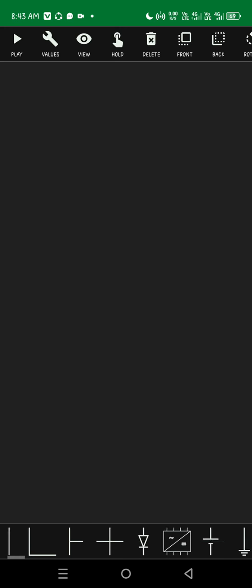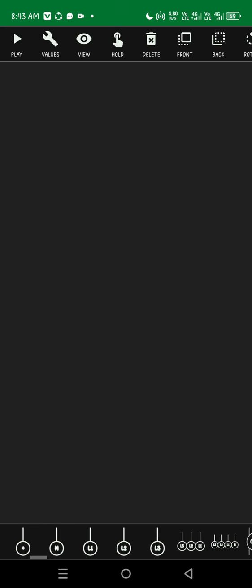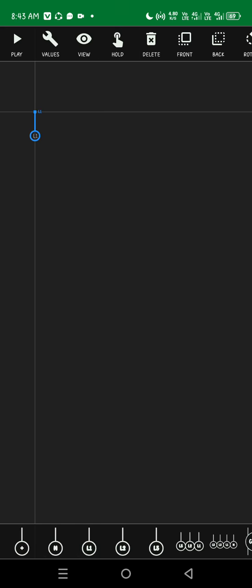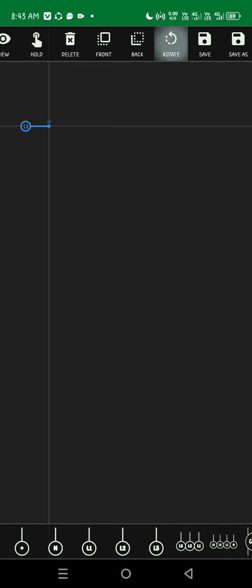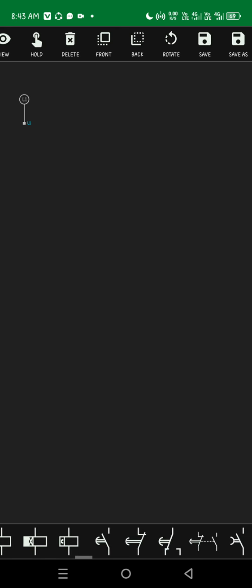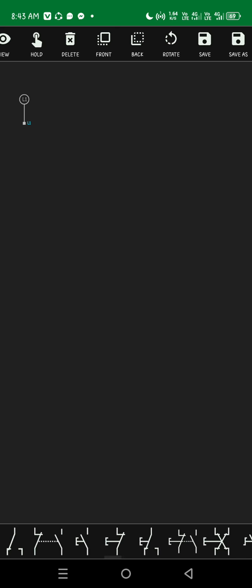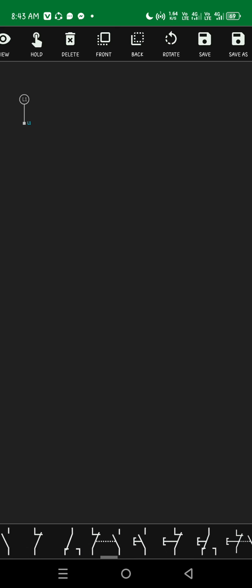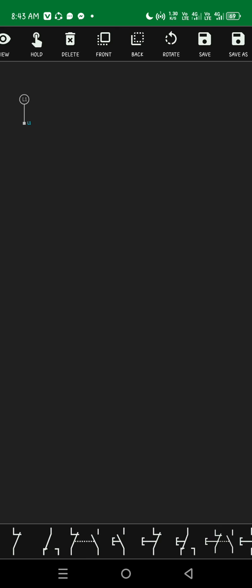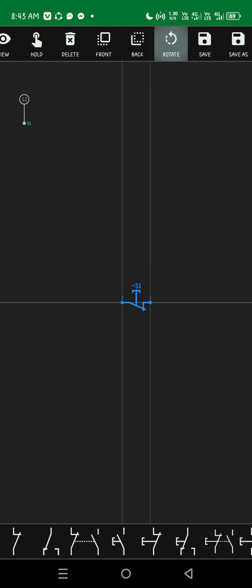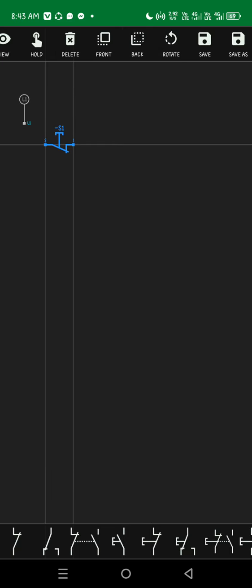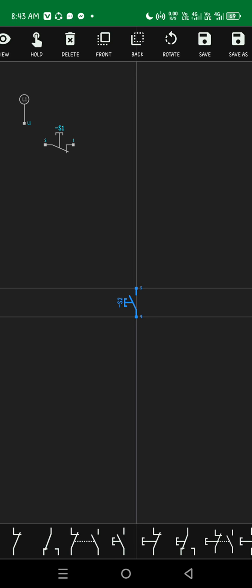So first we have to put line 1, then you have to rotate, then followed by, for example, the stop push button switch. Drag the symbol near the line 1 side, and then the start push button switch.